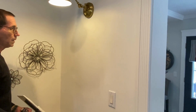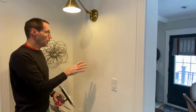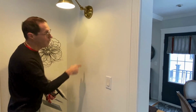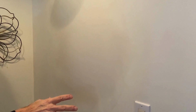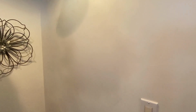Now, what's happening here is because I'm leaving a little more compound than I normally do on my finish coat, I'm getting some bubbles. Some bubbles are coming through the compound. This is a very common occurrence when you're doing repairs over a painted surface. What this means is, if I keep going over it, those bubbles are going to keep coming back. So if I leave it like this and sand it, I'll probably have to put another tight coat over the